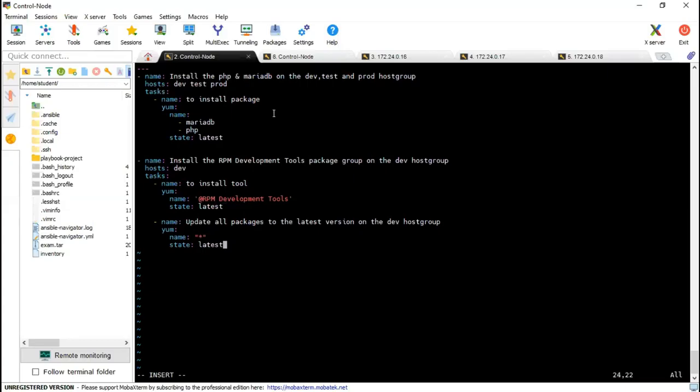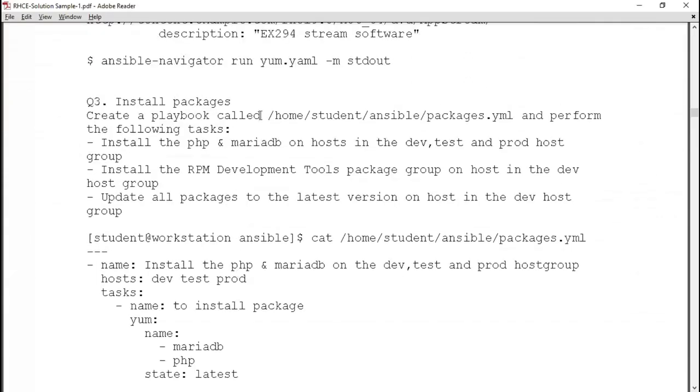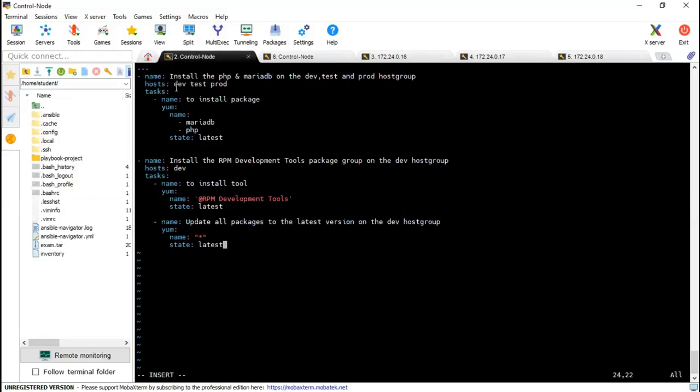Yes, so as per the question, it's saying install the PHP and MariaDB packages on hosts in the dev, test, and prod groups. So dev, test, and prod. I put the host group names there.